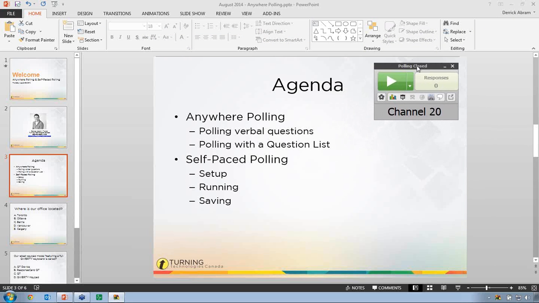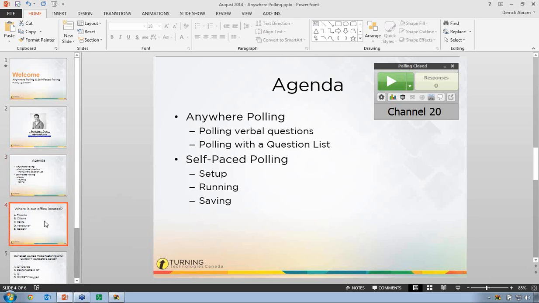And so the idea here is that when we're asking verbal questions, we're going to be saying to the audience, okay, what color is the sky today? Push 1 if you say it's blue, push 2 if you think it's gray, push 3 if you think it's orange, right? And so that's kind of the default way that the verbal question idea works.